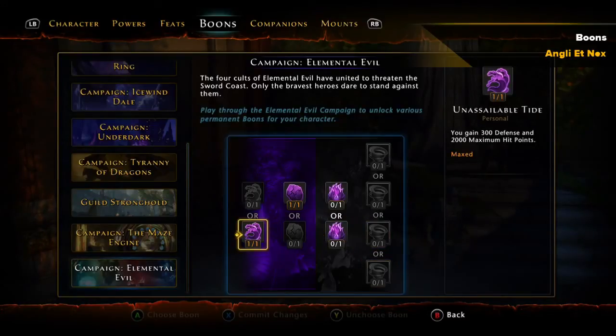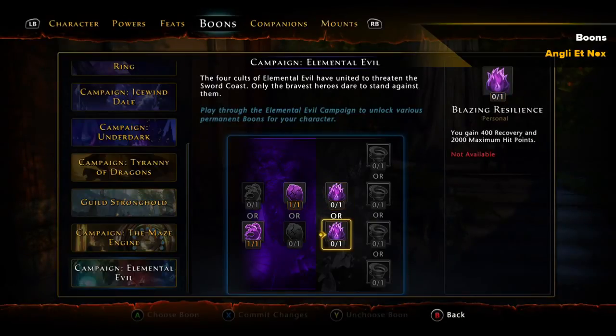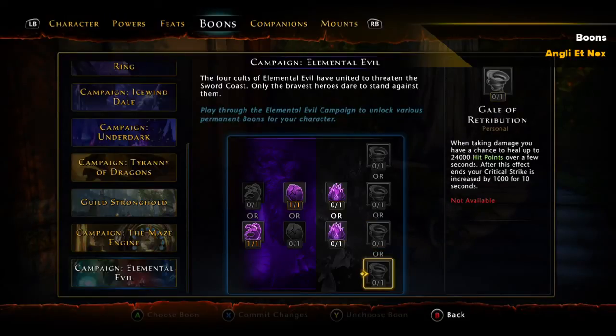Then we're going to start off with 300 defense, 4% lifesteal severity, 400 recovery, 24k heal plus 1000 recovery. So when you're taking damage, you have a chance to heal yourself. So heal yourself for 24k